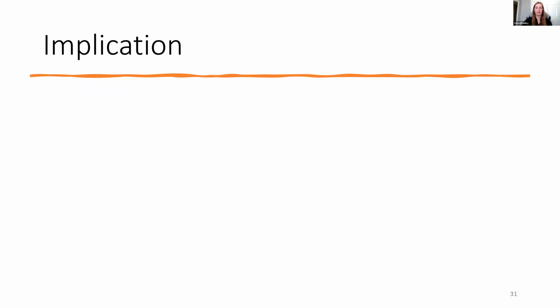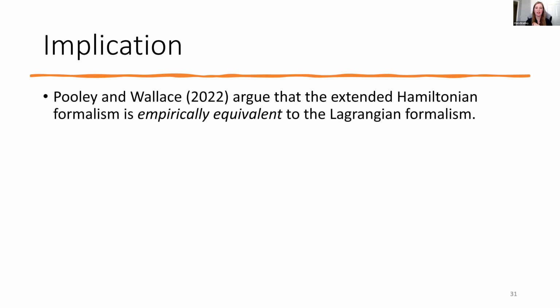And what does this mean? Well, Pooley and Wallace argue that the extended Hamiltonian formalism is really empirically equivalent to the Lagrangian one, in the sense that it reproduces the same equations with just the same role being played by different quantities. And on this basis, they argue that the extended Hamiltonian formalism should be seen as equally adequate for representing the